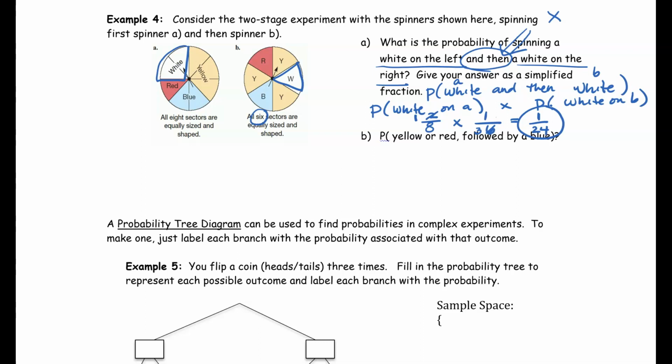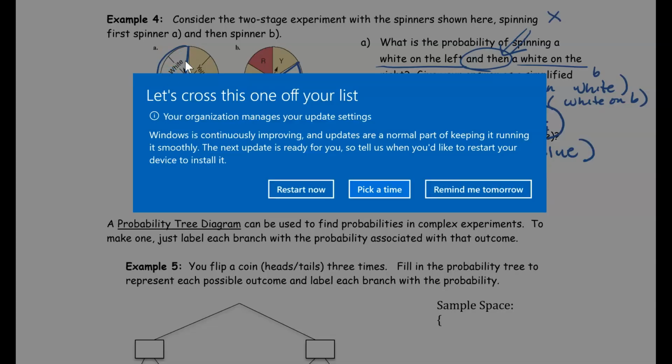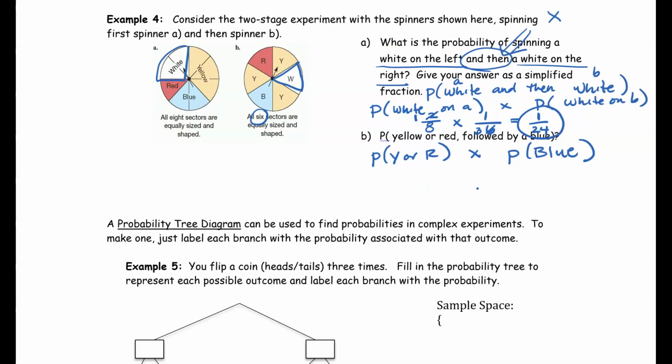So probability of yellow or red followed by a blue. So I'm going to find the probability of yellow or red and multiply that by the probability of spinning a blue. So for this first spinner, it's going to be out of 8 again. Yellow or red, we've got 3 yellow, and then a red makes 4, so 4 out of 8, times, not plus, I almost put a plus there, so it's going to be times the probability of blue on the second one. So there's 1 sector of blue, so 1 out of 6,